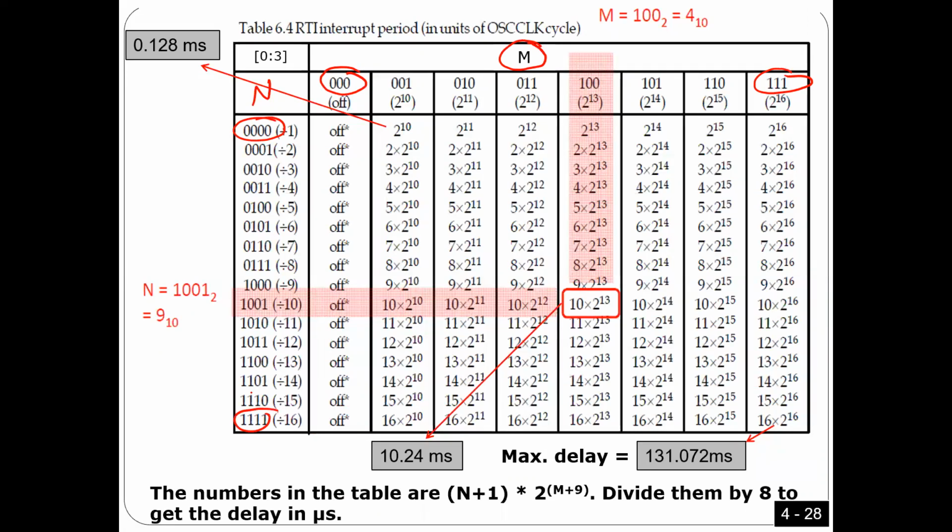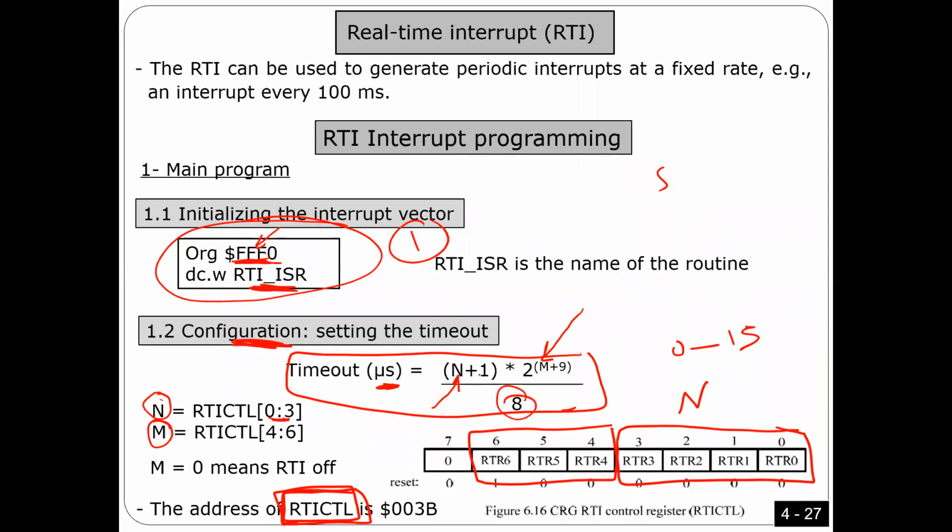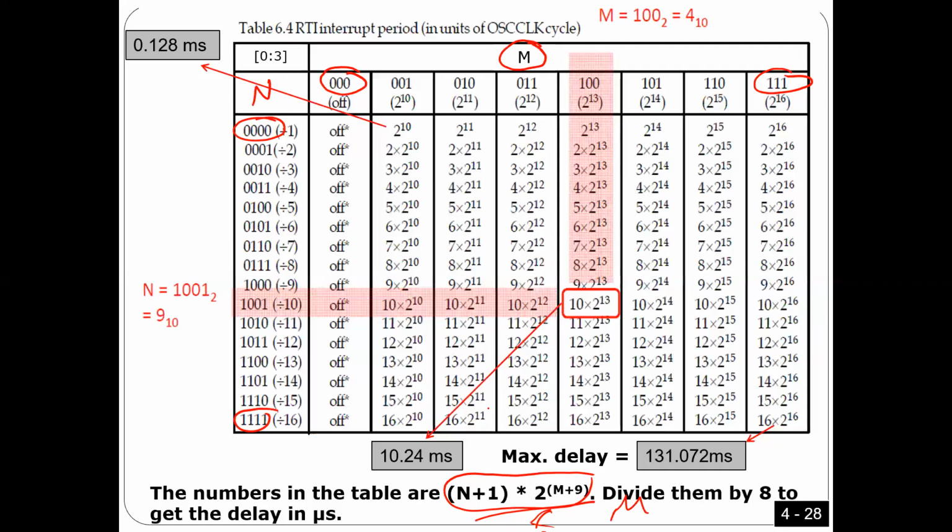Okay, and then what I'm calculating here, what I put in this table, is actually the numerator. It's this part. That means any value in this table, you have to divide it by 8 microseconds, as I said here. Let me go back here. So here you have to divide it by 8. For example,